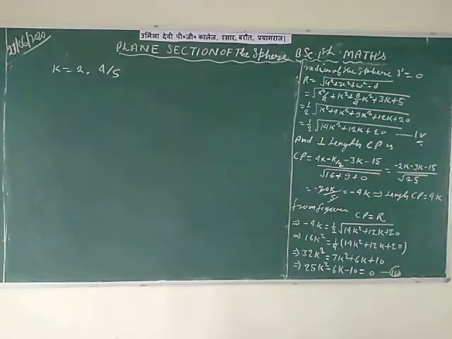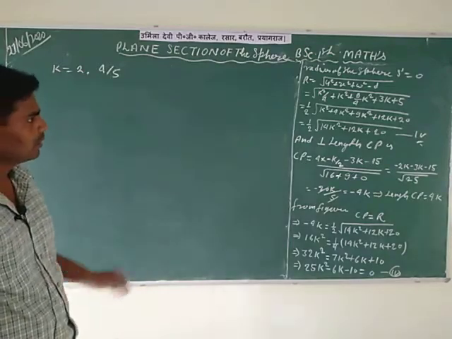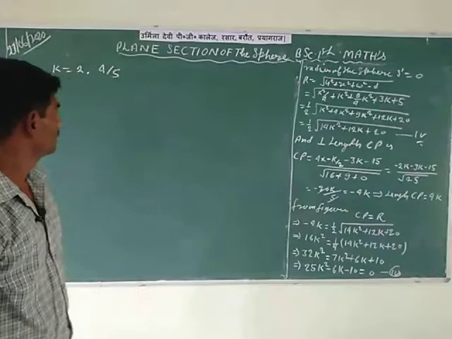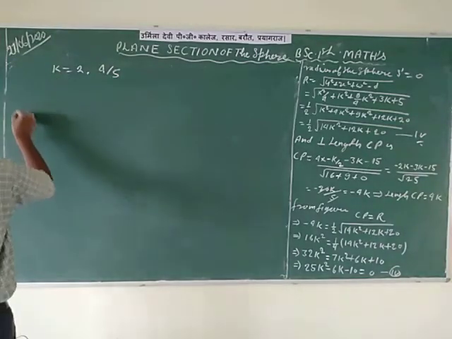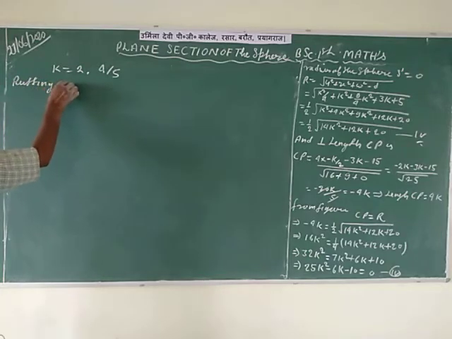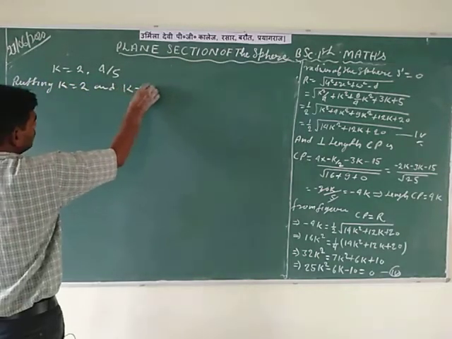So putting these two values of the unknown number capital K, you can find the two spheres whose equations are obtained by putting k is equal to 2 and k is equal to 4 by 5